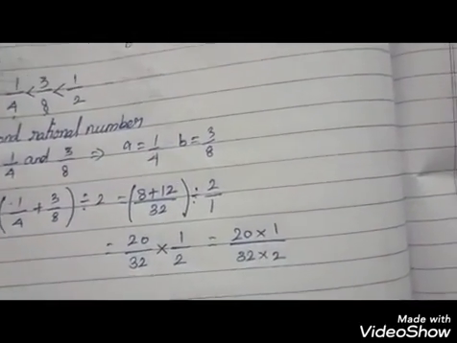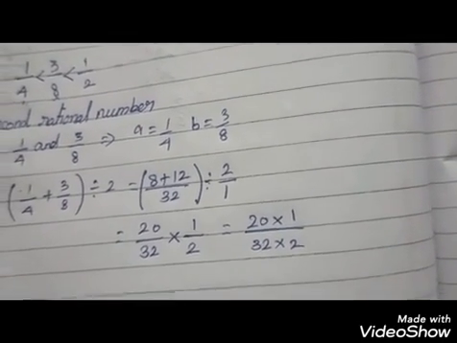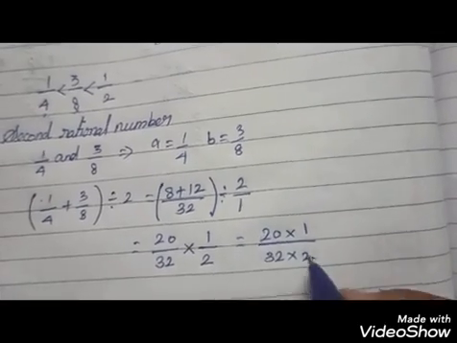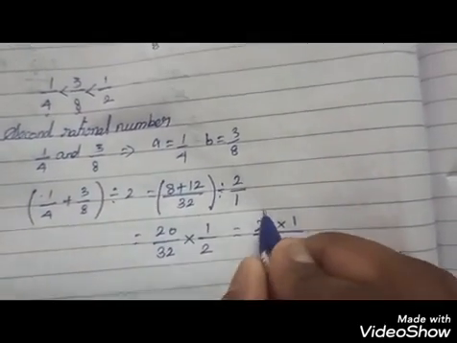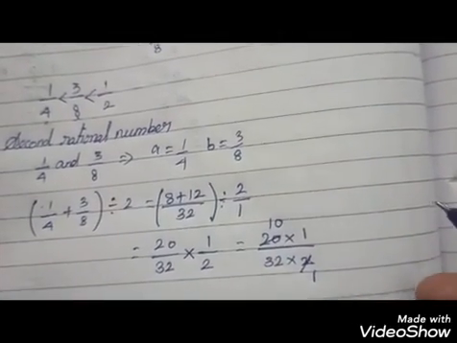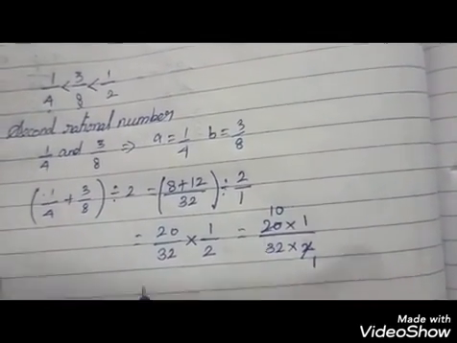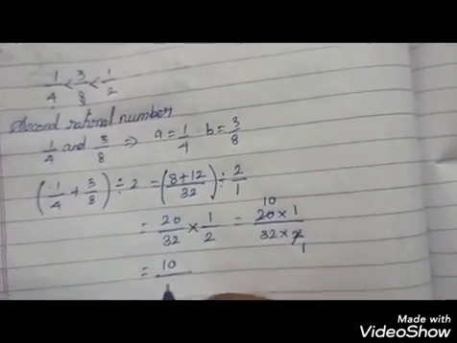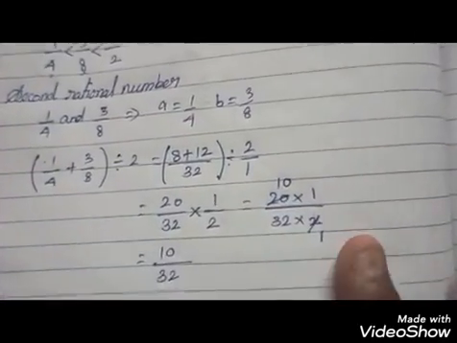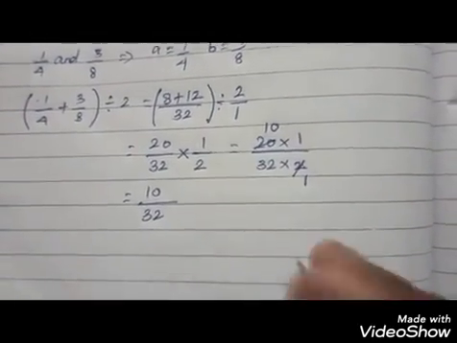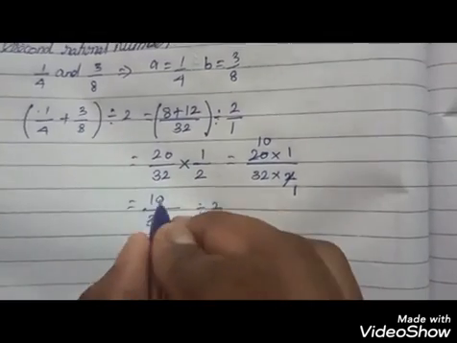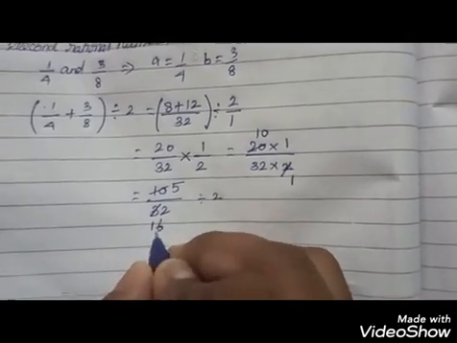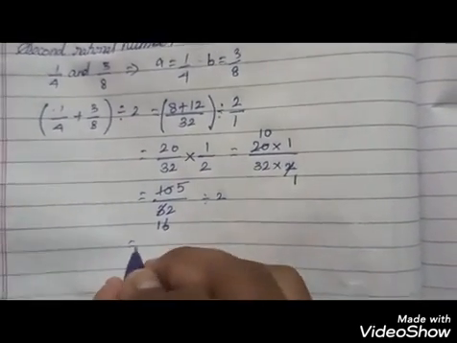So 1 by 1, just you compare. First you compare with the lower number, it's very easy to simplify. So I compare 2 with the numerator 20. So 1 two is 2, 10 twos are 20. And again I compare with this 2. So before that, 10 into 1 it should be 10, 32 into 1 is 32. Now you see this can be divided by the same 2 table. So divisible by 2 table: 5 times 2 is 10, and 16 twos are 32. The answer should be 5 by 16.